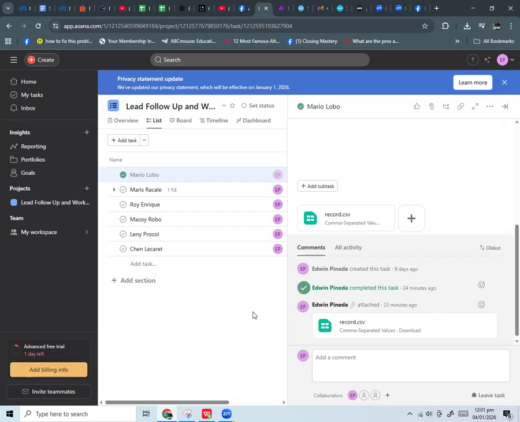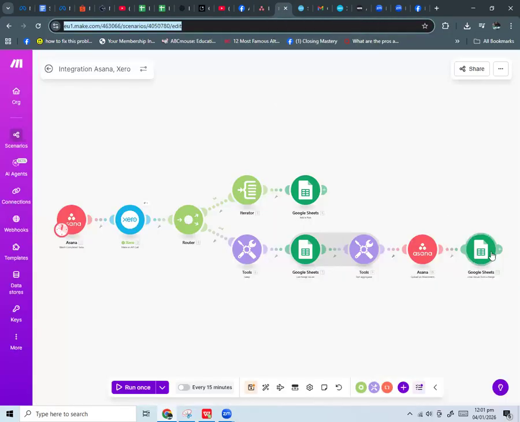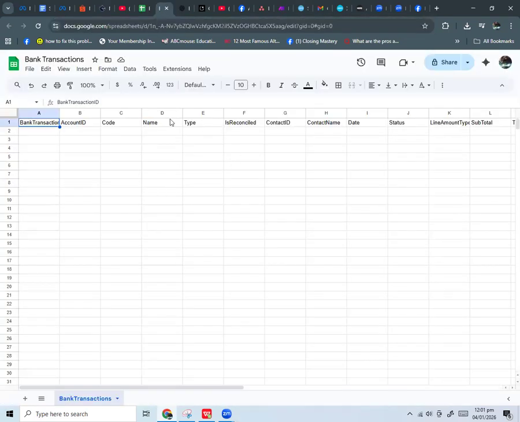After that, the automation will automatically erase the data from your Google Sheets. So that is how this accounting automation workflow works.